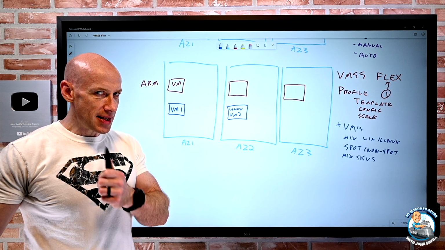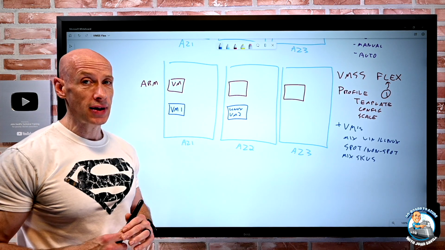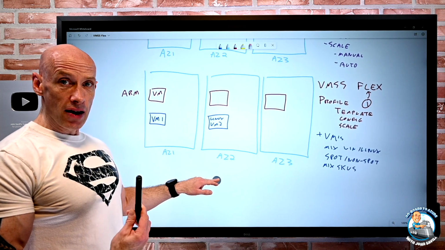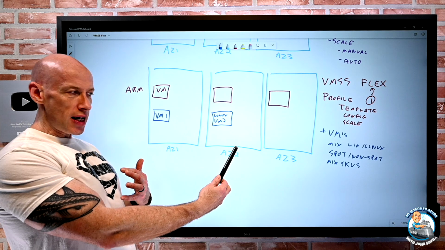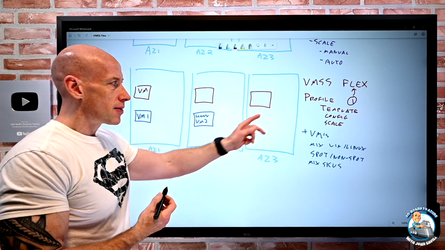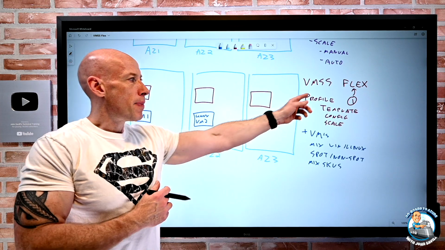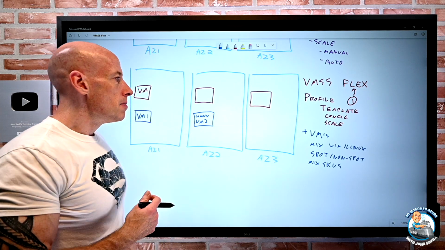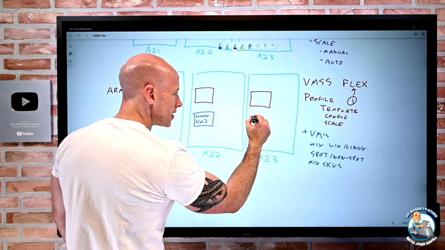Now, let's think about something for a second though. Autoscale. It still has autoscale. Now obviously scale out, it can't create individual irregular virtual machines. If it's scaling out, it's using the profile. The profile is where it can create virtual machines based on that template. But what about scale in? Remember, the whole point of this